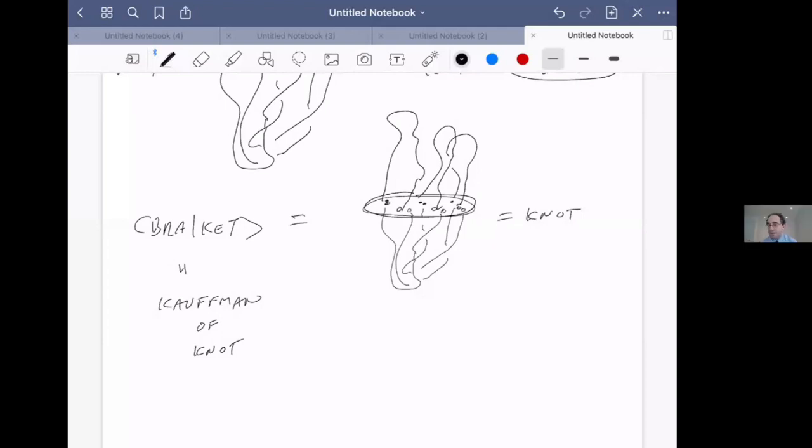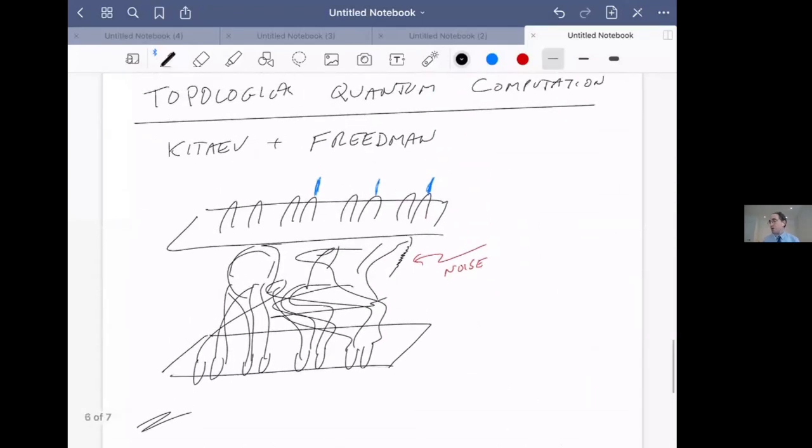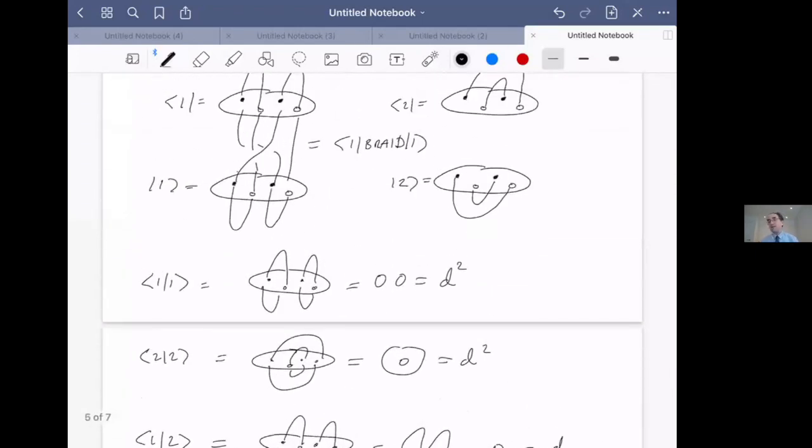Yes. So I just want to know, how do we deduce the rule of the inner product from the rules of quantum mechanics? Why is it that smashing these pictures together gives us the inner product? This is not obvious at all. I agree with that. This is basically part of how topological quantum field theories operate.